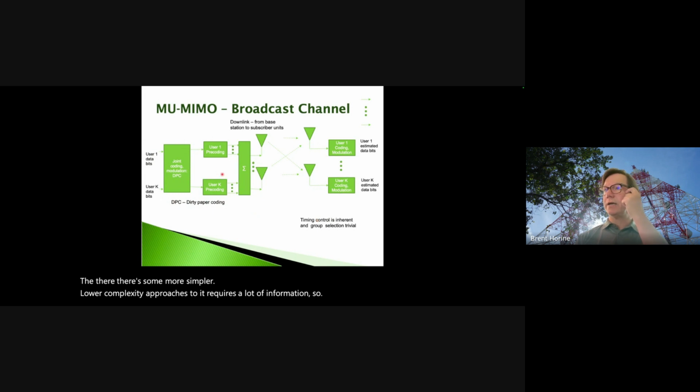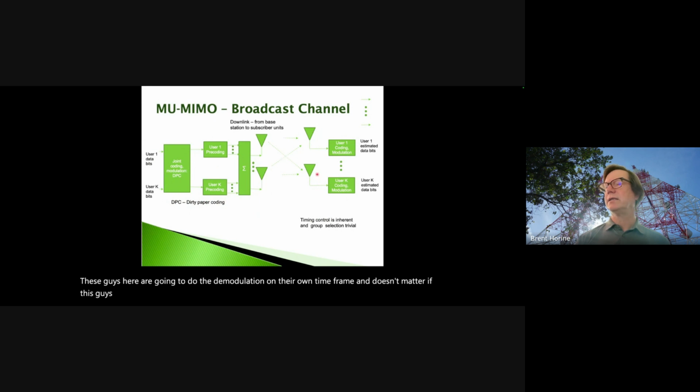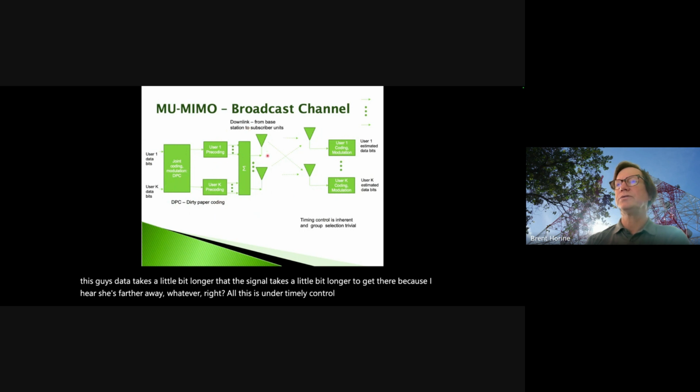Here, note that the timing control and group selection is trivial, right? Because these guys here are going to do the demodulation on their own time frame, and it doesn't matter if this guy's signal takes a little bit longer to get there because he or she's farther away, whatever, right? All this is under timing control, so they're all just transmitted simultaneously. So, all right, so that's